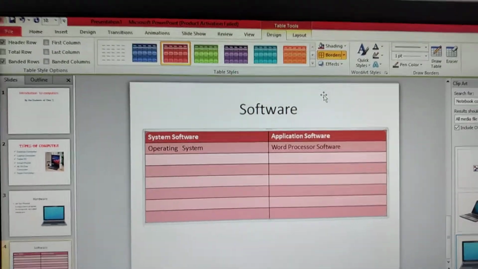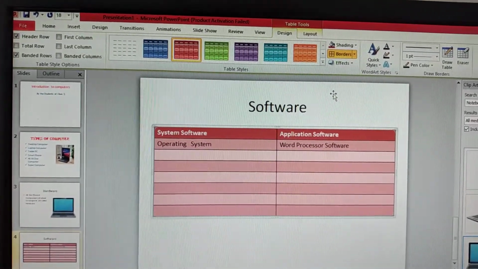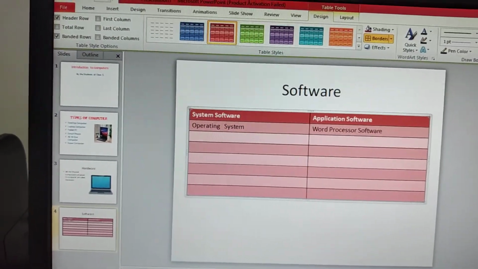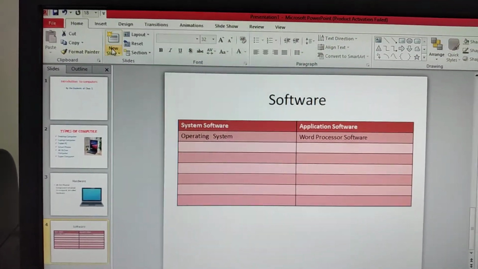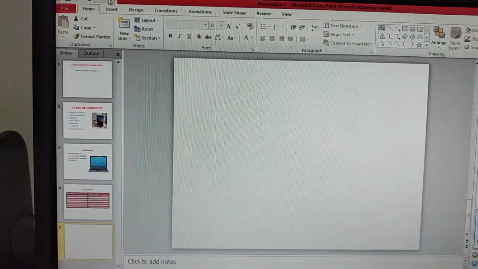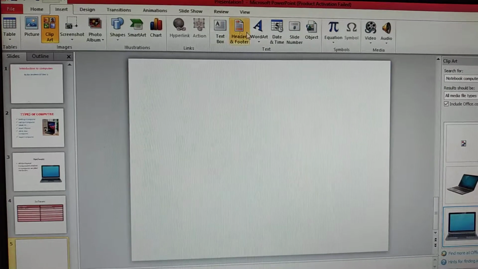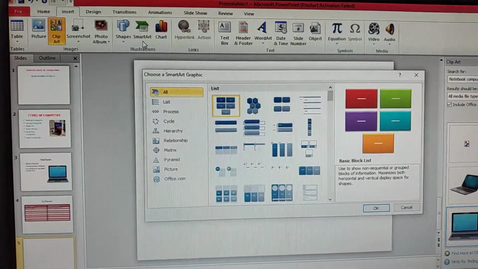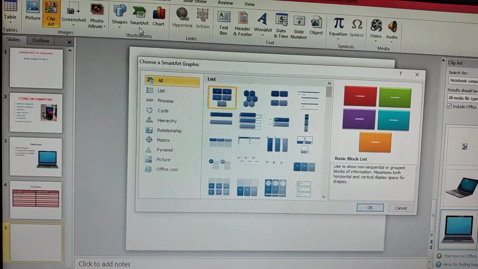Now I am going to tell you how you will insert a smart art. So if you want to insert the smart art, first of all, go on the new slide. You must take the blank slide. Then you go insert option, and here is the smart art. Yes, this is a smart art. So which smart art we need?